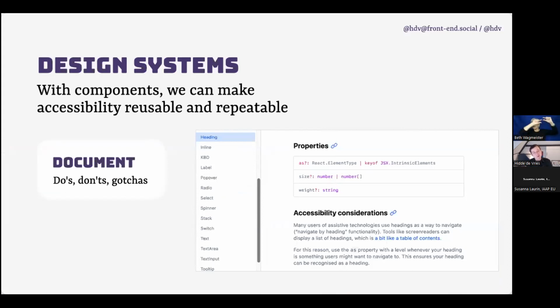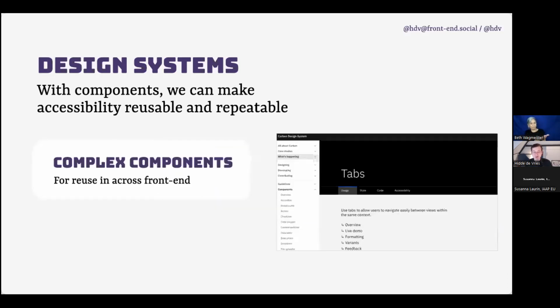And for reasons, we allow developers to choose which heading tag they use or which tag they use at all. So it is a div by default, and you can choose which kind of element you want. Now, for accessibility, of course, you want H1 or H2 or all the way to H6. You want the actual heading elements to be used there. So that's something you can document in your design system to say, hey, this is how you are supposed to use this, and for this and this reason, you can explain how users use the web and why that helps, that sort of thing.